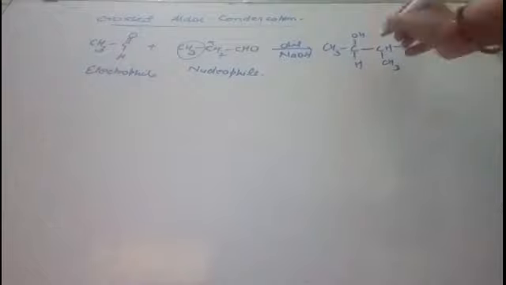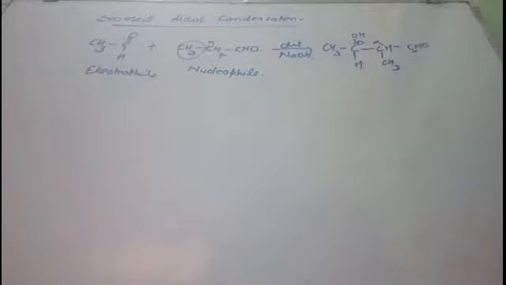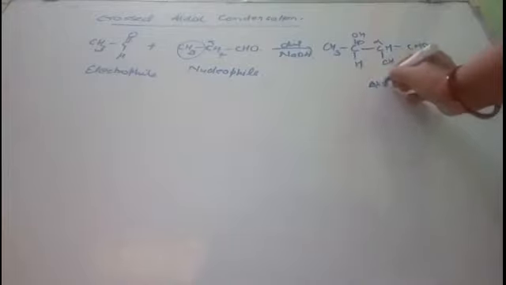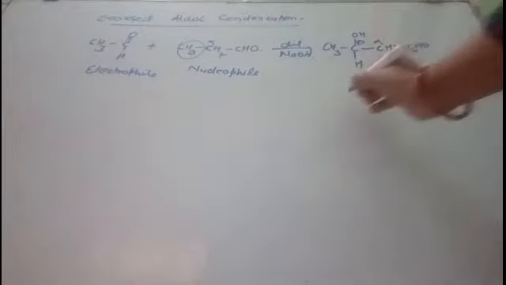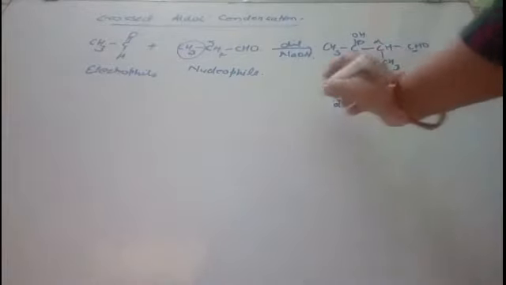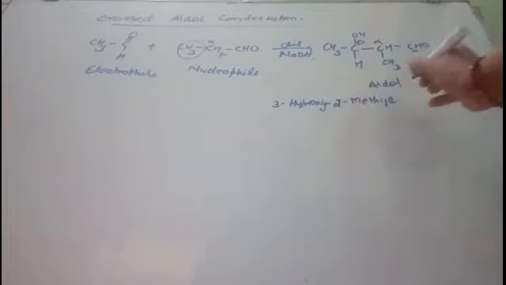So this carbon will go and attack here. So it will attach like that, CH, because H is already removed. Now this CH3 you have to write either up or down, and CHO. So we get, see, this is your aldehyde group. This is the alpha carbon and this is your beta carbon. So it is a beta hydroxyaldehyde, right? Aldol is formed. The IUPAC name is different. What is the IUPAC name? It is 1, 2, 3, 4. So first of all 3 hydroxy, 2 methyl, and then butanal.